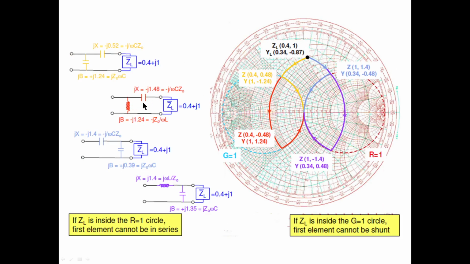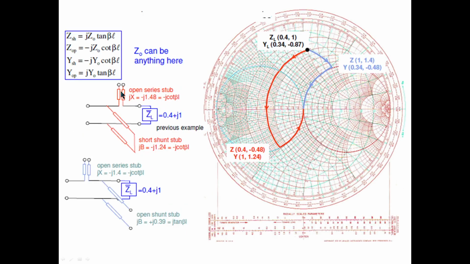Okay, this is implemented using a stub, series reactance. X is equal to what? Minus 1.48. Actually, whatever value comes here, you should take the normalized reactance value. Normalized reactance we can read from here. You take that normalized reactance and implement it using a stub. See, like this, the normalized reactance is implemented like this as a series stub. I already told how to implement a given reactance using a stub.